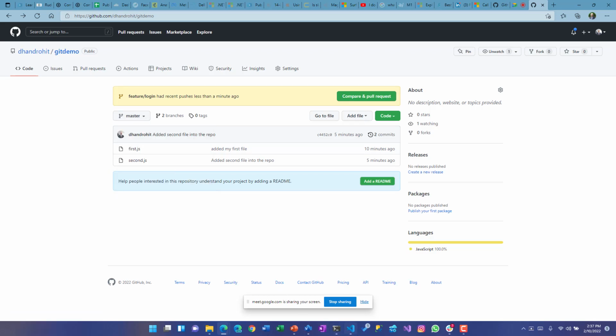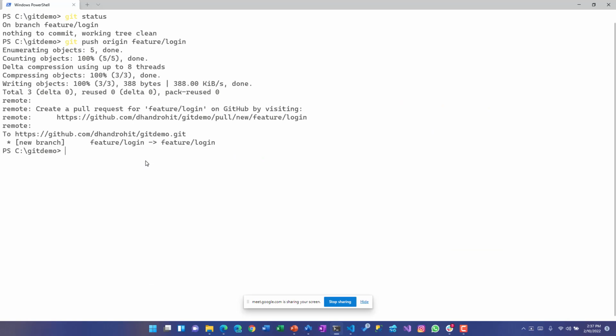Okay. Now, another thing which is very important is, once you create your branch, you need to push it back to, let's say, GitHub. So the first thing, I'm on this branch, I'll check the status, on branch feature login, everything looks fine, nothing to commit.